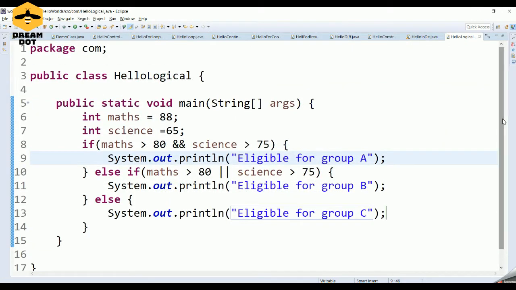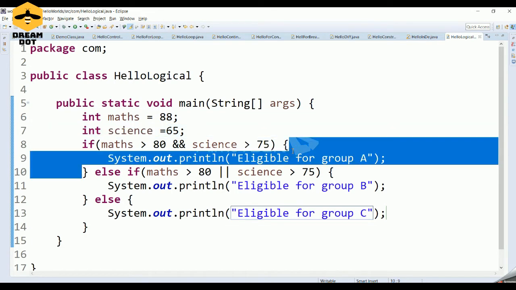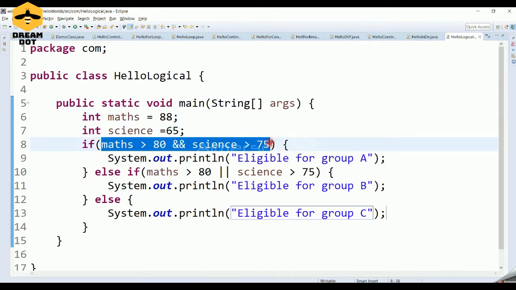So to explain this particular program, 88 and 65 are the marks obtained by a particular student. So he has secured 88 in mathematics and 65 in science. And there is an institution which has set this as a condition.